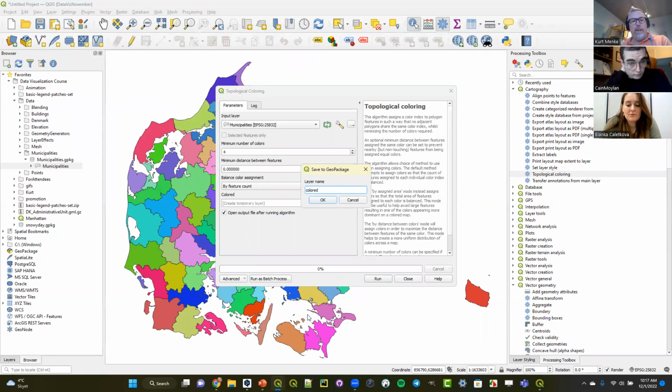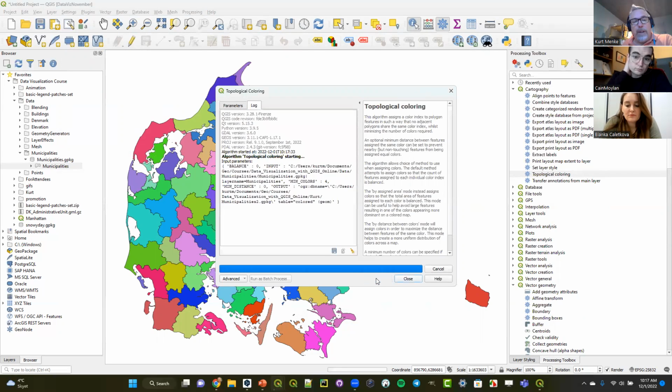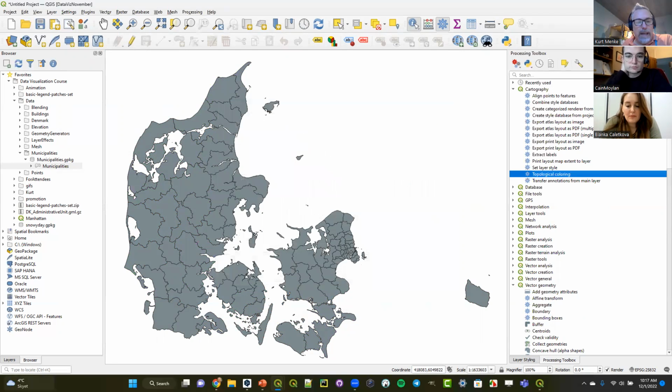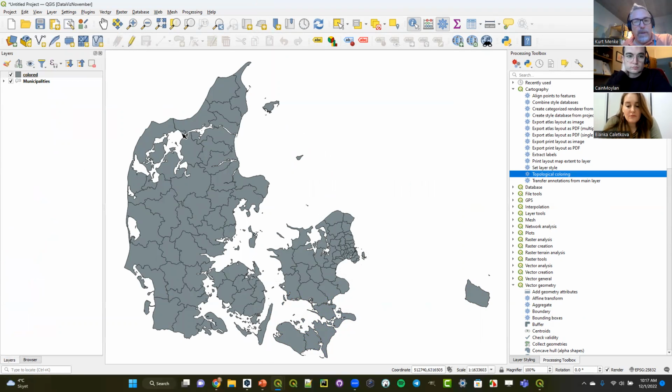And I'm going to just call it colored. So I've saved it out to a geo package, and now I'm going to click run. So it tells me that 6 colors were required, and it adds this new layer to my layers panel